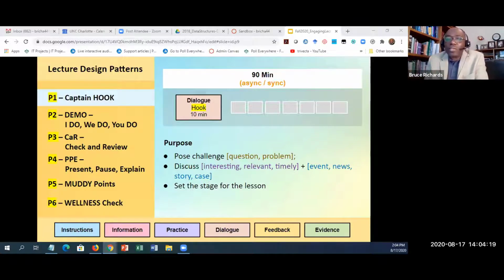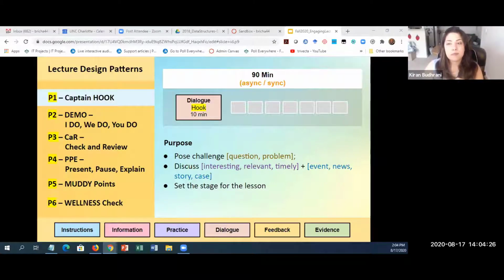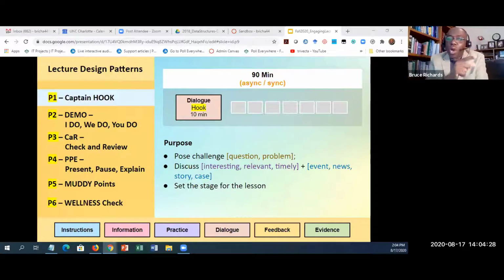If you're in a science course, why not present a challenging question the first time the students come in? That builds on what they should have read, what they should have watched, the quiz that they should have taken, the discussion forum that they should have participated in, the assignment that they should have completed before your Zoom course or before the next segment of this discussion. So you're building by posing a challenge.